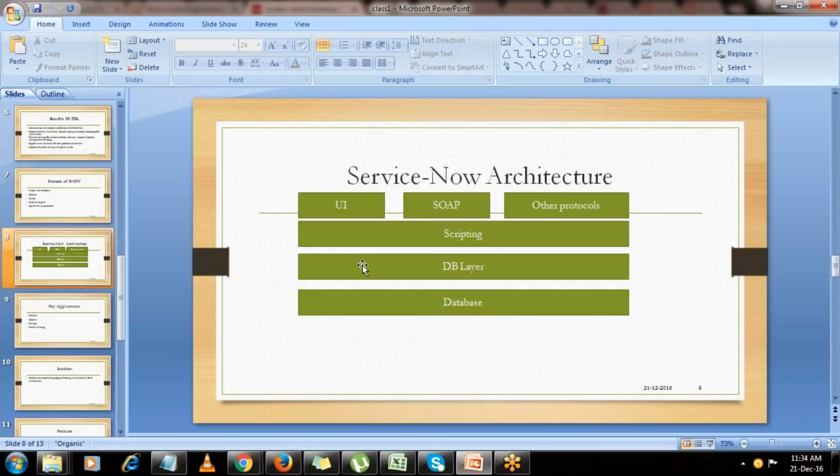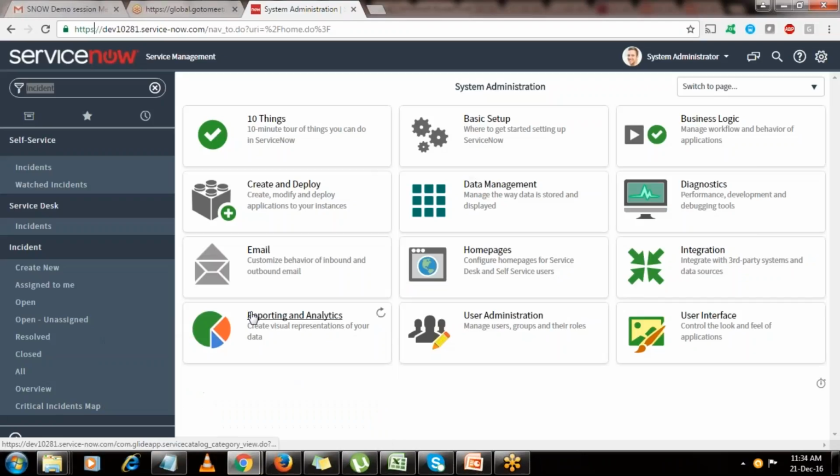Exactly. So this is the architecture of ServiceNow. This question is an important one if you're going for your certification or for your interviews. This is how the architecture of ServiceNow looks. The top one is the user interface. What is the user interface? The look and feel that an end user sees. This is the user interface form. This is how the instance looks. If I click on incident, create new,